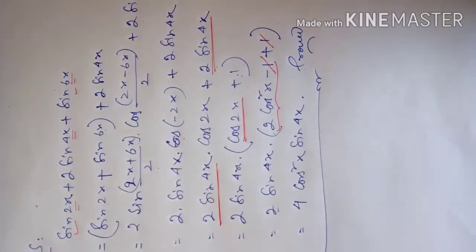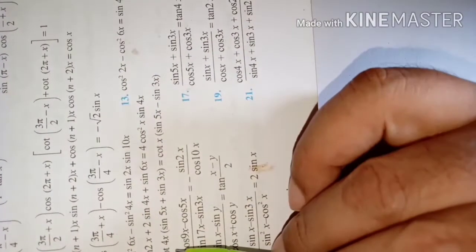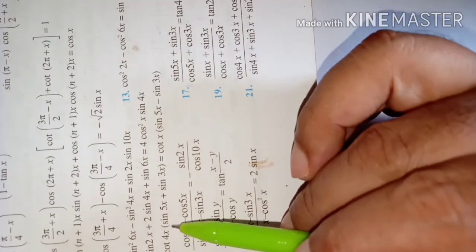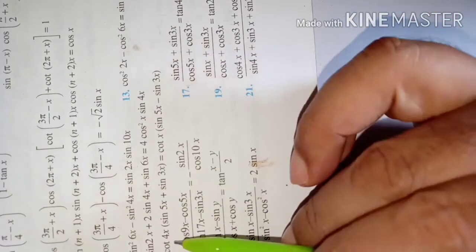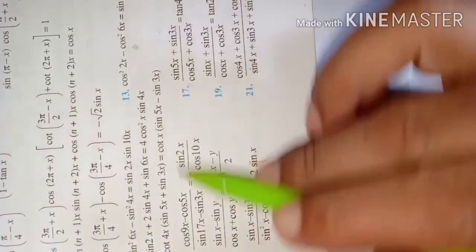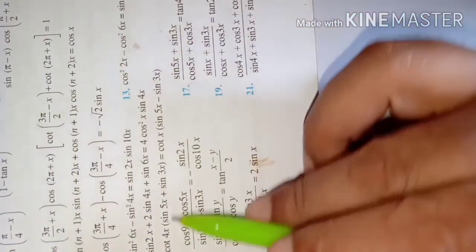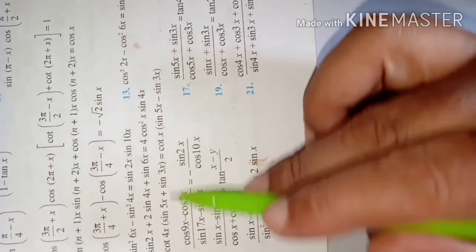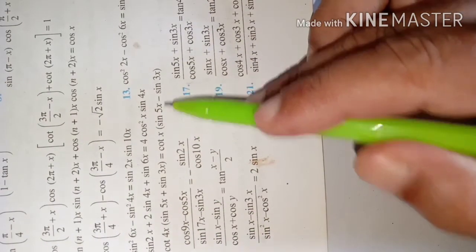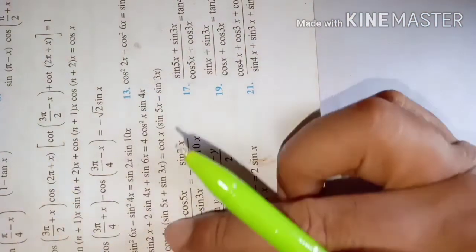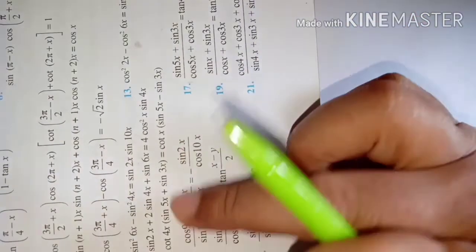Okay, dear students. Let us take one more question. So now we are taking question number 15, that is cot 4x into sine 5x plus sine 3x. This part, the left hand side, let us simplify. Okay, and the right hand side also we have to simplify because there are two different results here. From this you cannot get directly this one. You may get another expression here, and from here also you will get the same expression. So we need to simplify. In some cases we need to simplify both the sides. This is of that pattern.